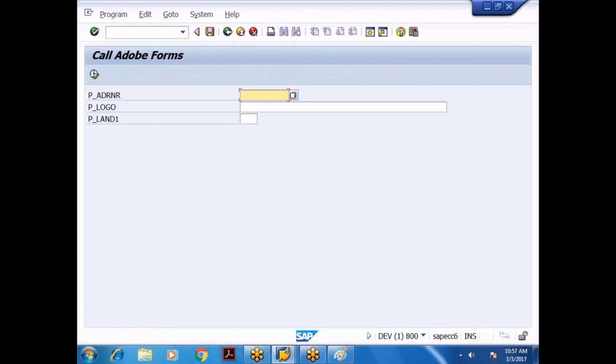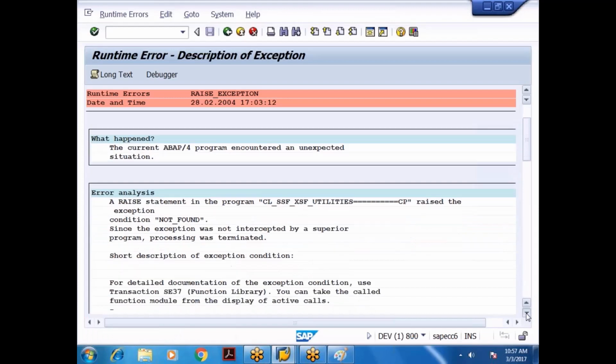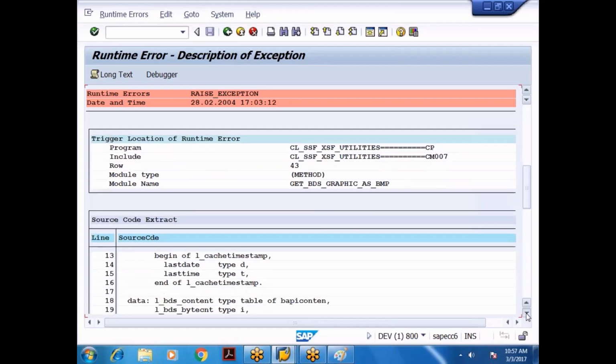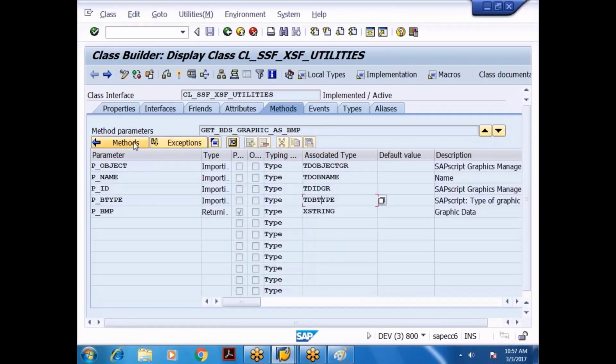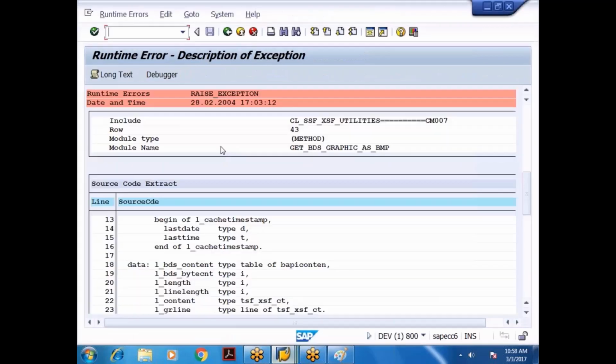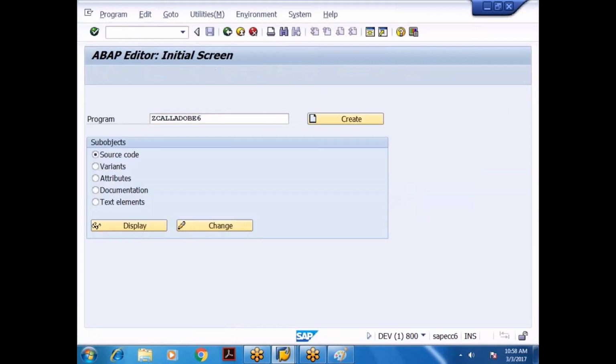When I execute, address number is 22901. What is the logo? Waldorf. Okay, Waldorf. Execute this. With what name did you upload? Oh, program exception condition not found. Why did I get an error?